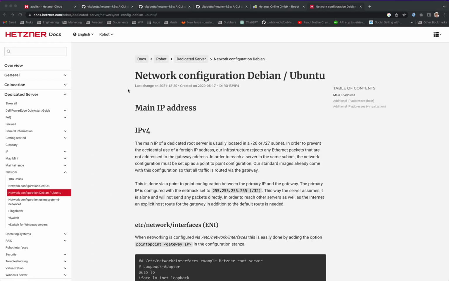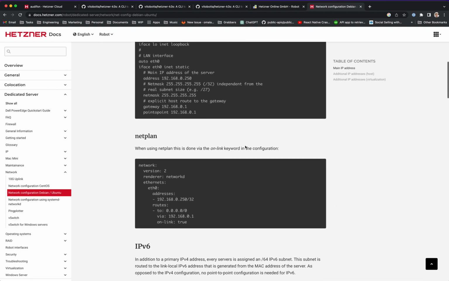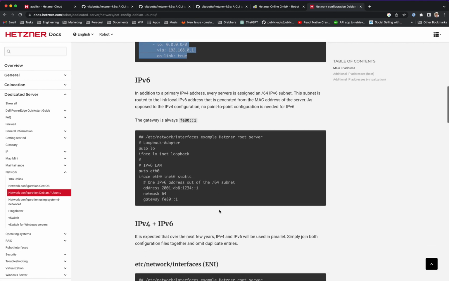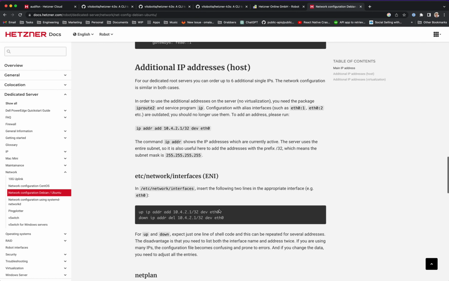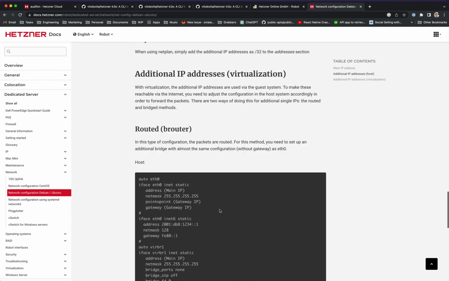Okay, so basically you're looking for network configuration. When you buy a dedicated server from Hetzner, they use something called the install image, which is a little script that runs, and that will, by default, use netplan to configure the IP address and password stuff. You can do all sorts of things with it. It's a little overwhelming, but